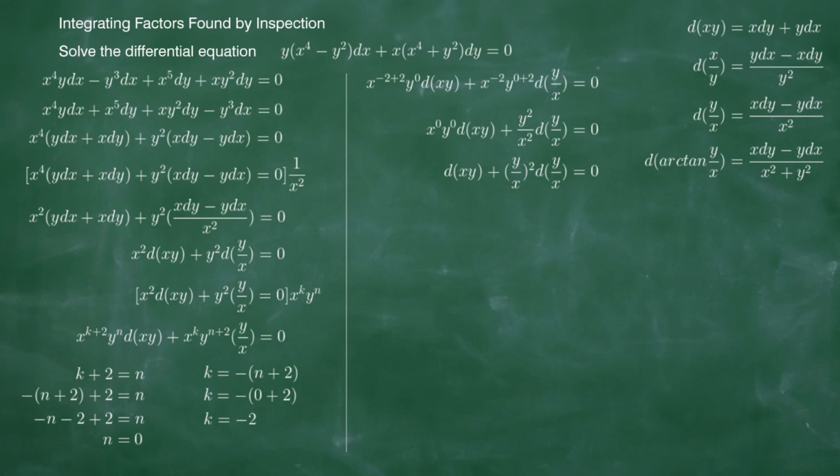So we can now integrate this one. The integral of the first term is xy, and the integral of the second term is y over x cubed over 3 equals c. So we multiply the whole equation by 3x cubed. We get 3x to the fourth y plus y cubed equals 3c x cubed. Factor out y, we get our final answer: y times 3x to the fourth plus y squared equals cx cubed.